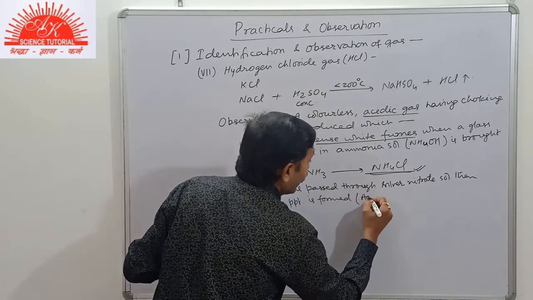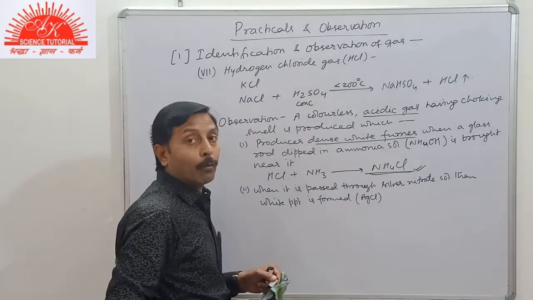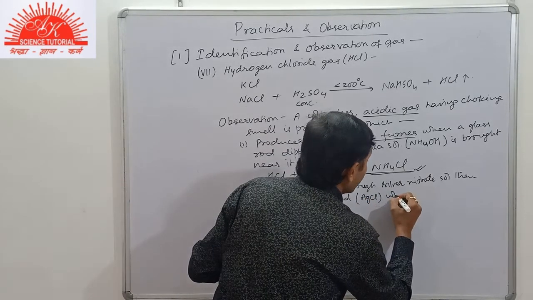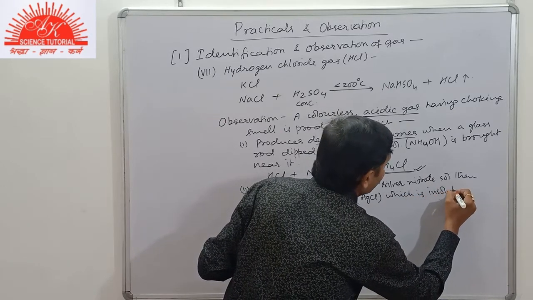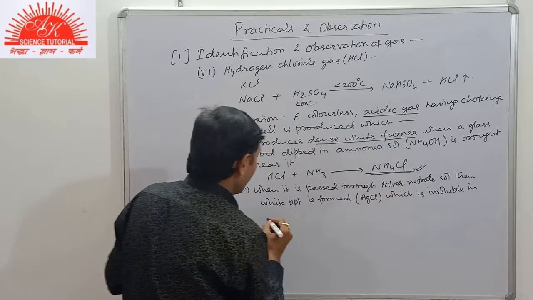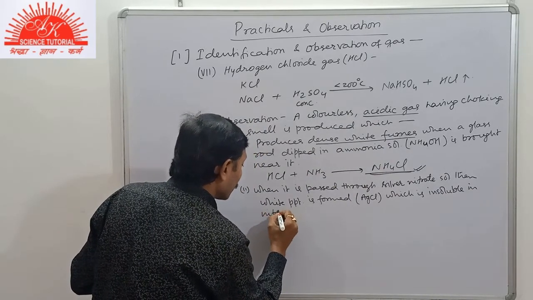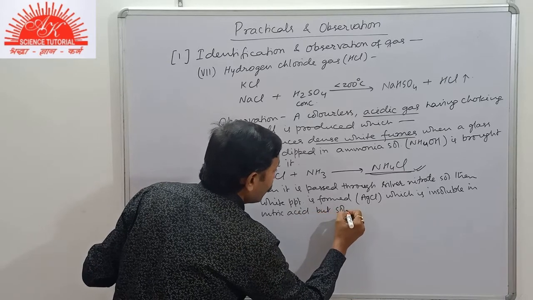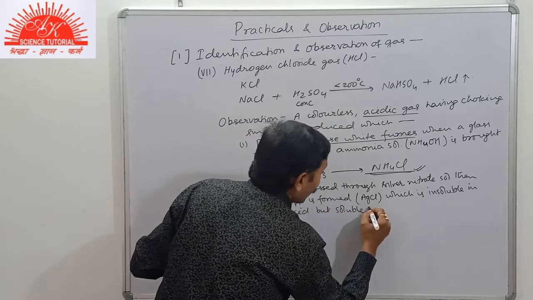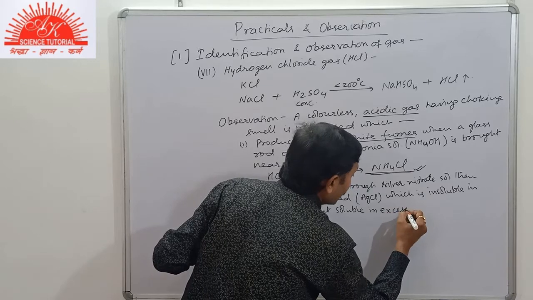This will be AgCl, silver chloride, the white precipitate, which is insoluble in nitric acid, but soluble in excess of